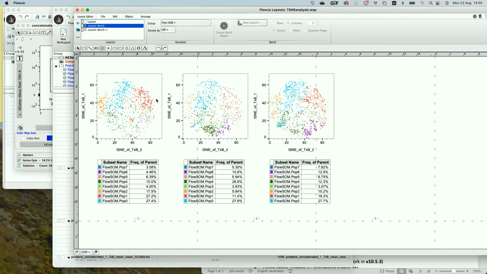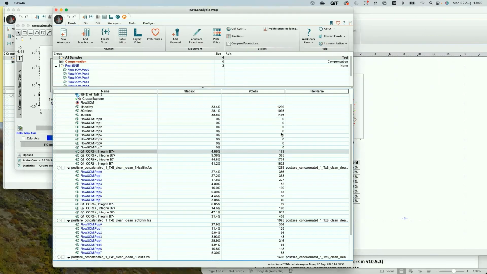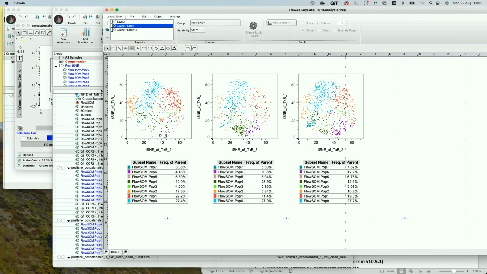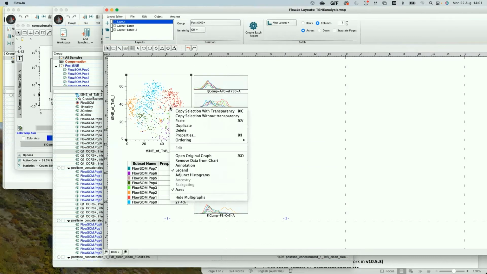So this is how you get those nice overlays that you see in some of the plots. If you've defined your own manual gates, you can also just drag and drop them directly onto your tSNE map, and it will create a new layer and you can label it. The way I've done this here is another way of interrogating your data. If you're not using ClusterExplorer, you can just right click and put these